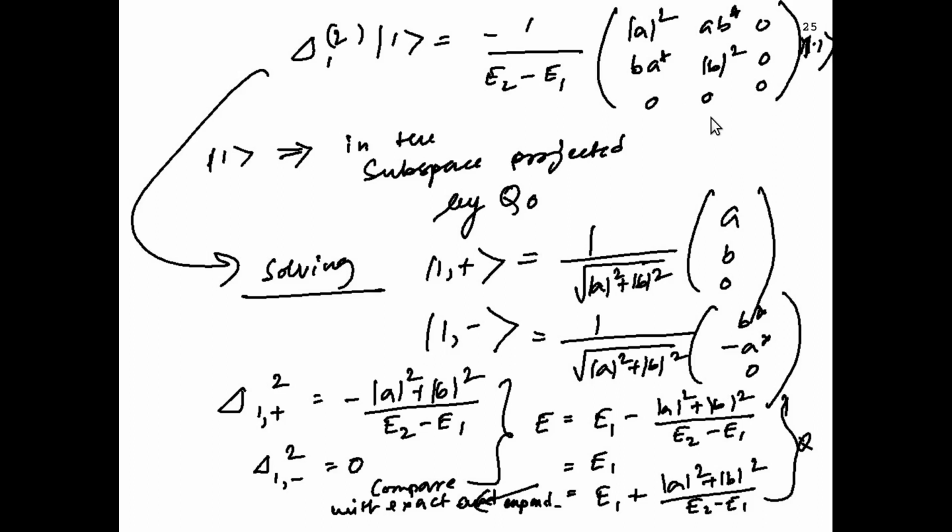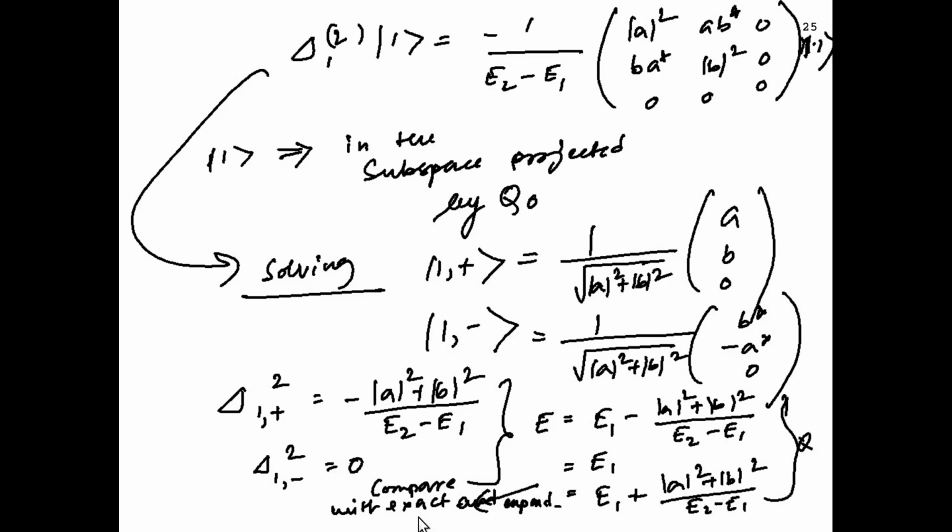So now this is a secular equation which you can solve, or an effective eigenvalue problem. This is the effective Hamiltonian on the left hand side, and this is the effective eigenvalue of that Hamiltonian, and if you solve it you will get these two solutions which are not degenerate. So now in second order the degeneracy is lifted. The energy from this part is E1 minus (a square plus b square) by E2 minus E1, where the degeneracy is lifted, and then for the non-degenerate part, which you got previously, it is E1 plus (a square plus b square) by E2 minus E1.